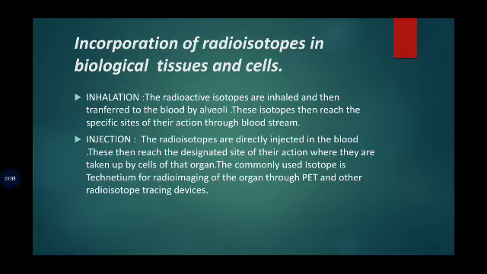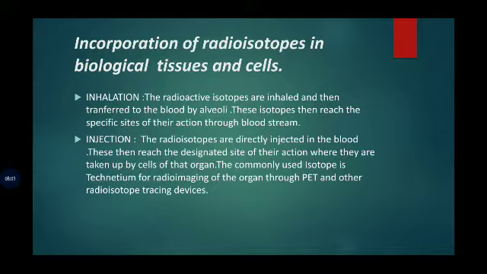So the topic now is the incorporation of radioisotopes in the biological cells and tissues. There are certain methods of adding the radioisotopes into the cells and the tissues. The first one is inhalation. The radioisotopes which are non-threatening or non-fatal to the human body and which have a low radioactivity are generally inhaled, and are then passed to the alveoli and blood,